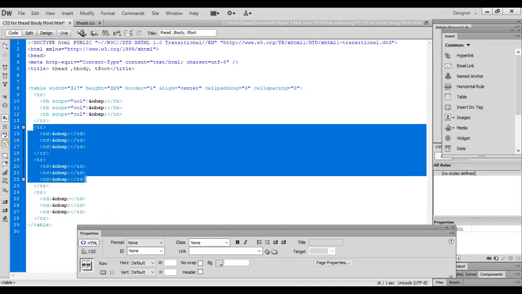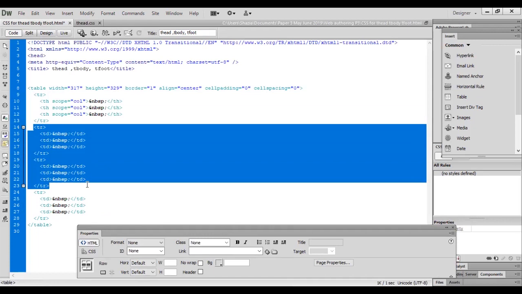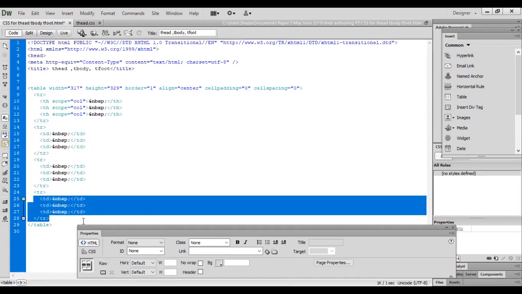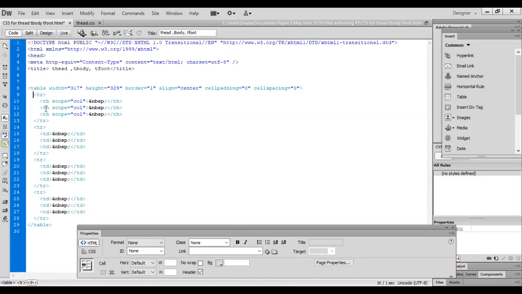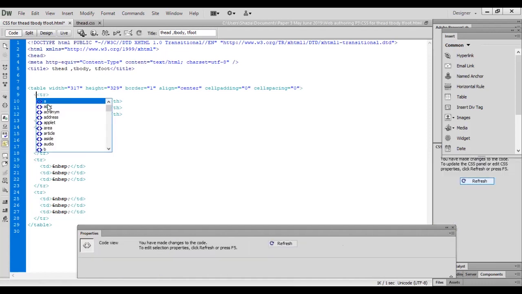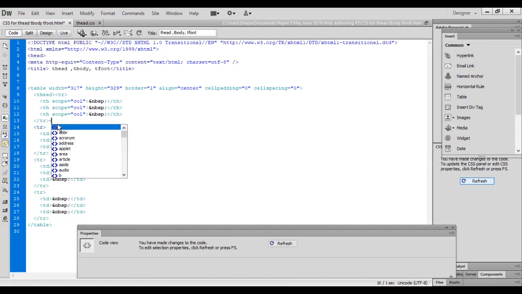This part I am going to define for T body, and the last row is T foot. So let's define the first row as T head. Place a T head tag, opening tag and closing tag. Open it and close it.